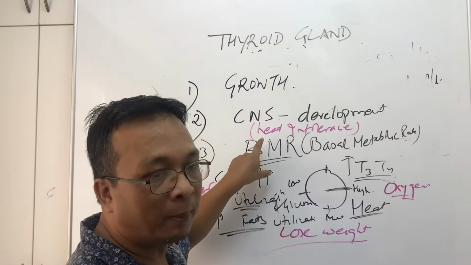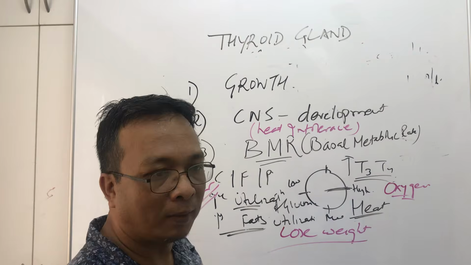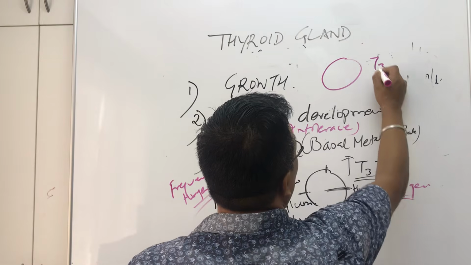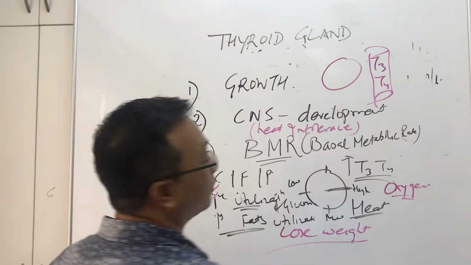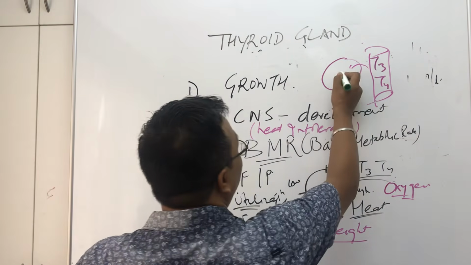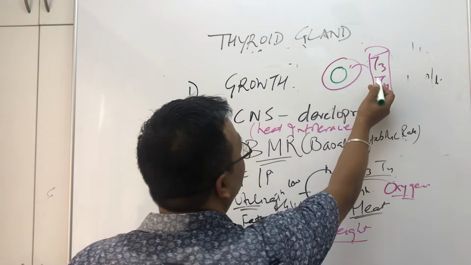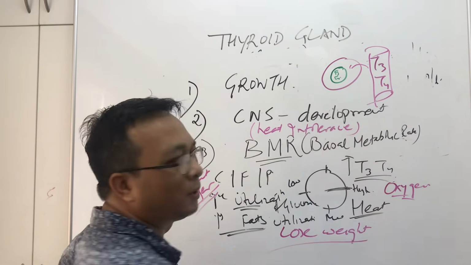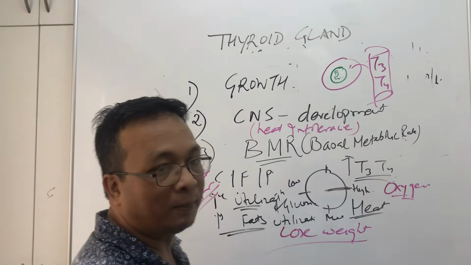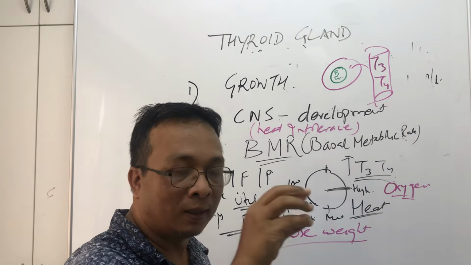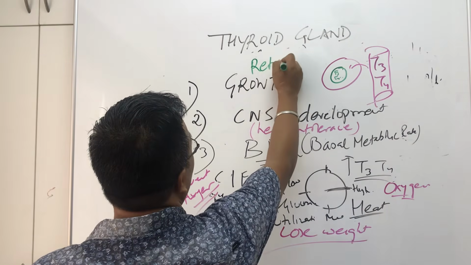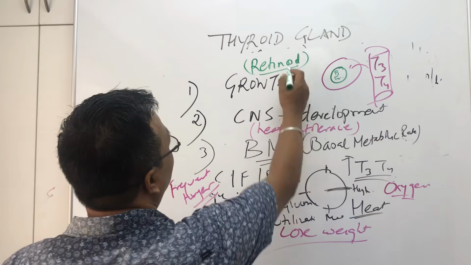So that means they have a high BMR. And who controls our BMR? Thyroid hormone. Okay. So this T3 and T4, how do they act? Now listen, when free T3 and T4 come into the blood, they will move inside the cell, into the nucleus of the cell. Sometimes it comes as a 1 mark question: what is the receptor for T3 and T4 in the cell? Remember, the receptors for T3 and T4 are nuclear receptors because they are present in the nucleus. The name of the receptor is retinoid receptor, though it has nothing to do with the retina.